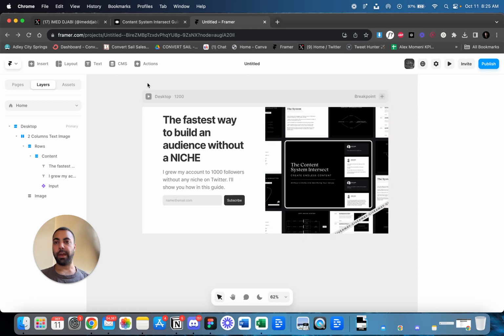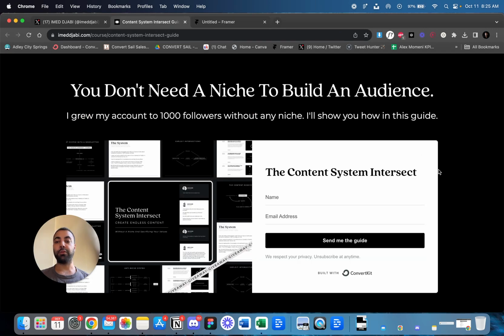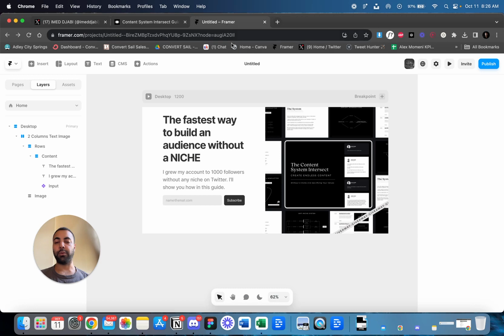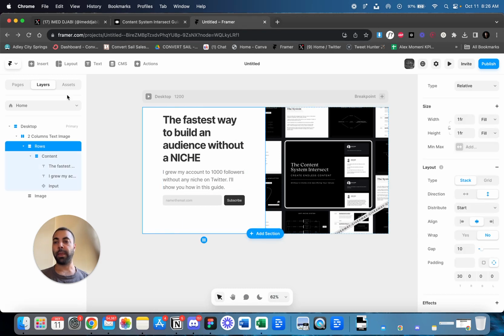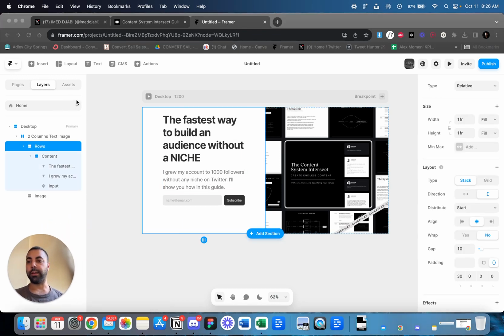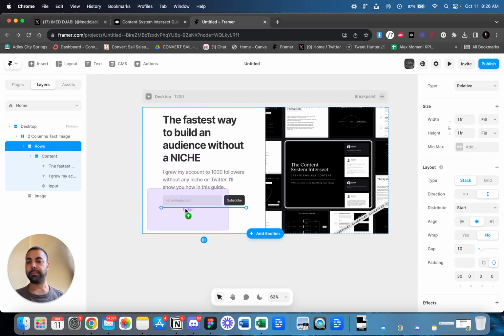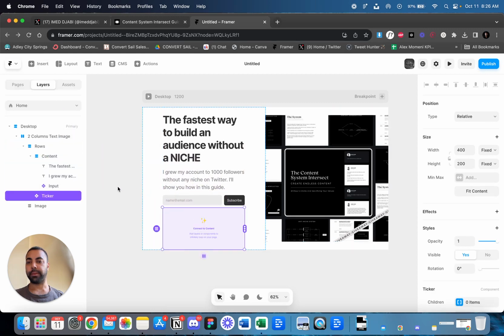Now, one thing I want to add, what he misses is social proof. So that's something that it's a very simple opt-in, but social proof will help the conversions. So the way I like to do this with my landing pages is insert ticker. Okay. Now this ticker, let's make it. So ticker, yeah, usually